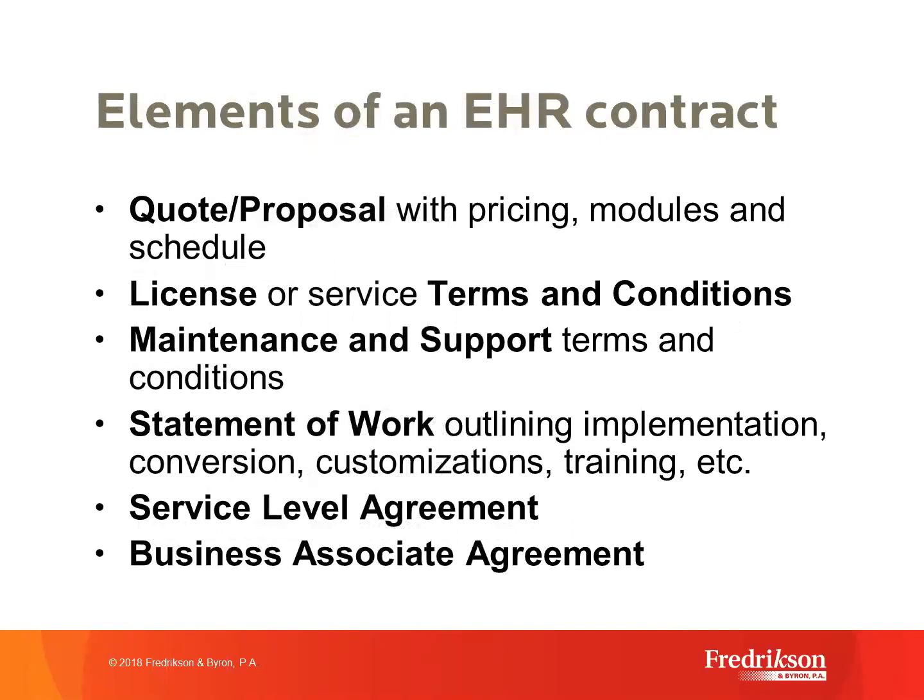An EHR contract is going to have a bunch of different pieces of paper or documents: a quote, proposal, licensing, and I'm not going to read all of these. Other things that you might see besides the list here may be a separate hosting agreement, sometimes a separate installation or professional services agreement. And I'll use this as the occasion to talk about one of my important contract terms,